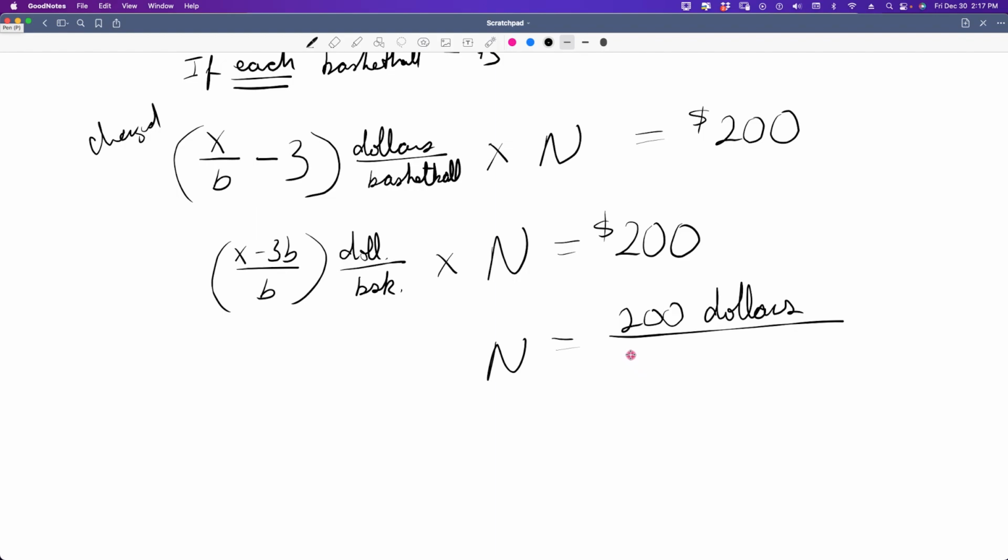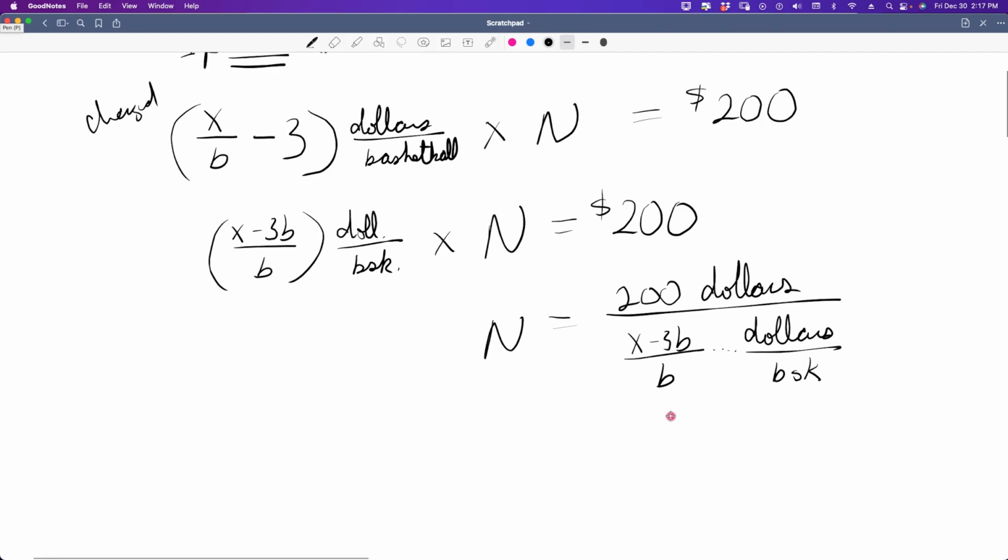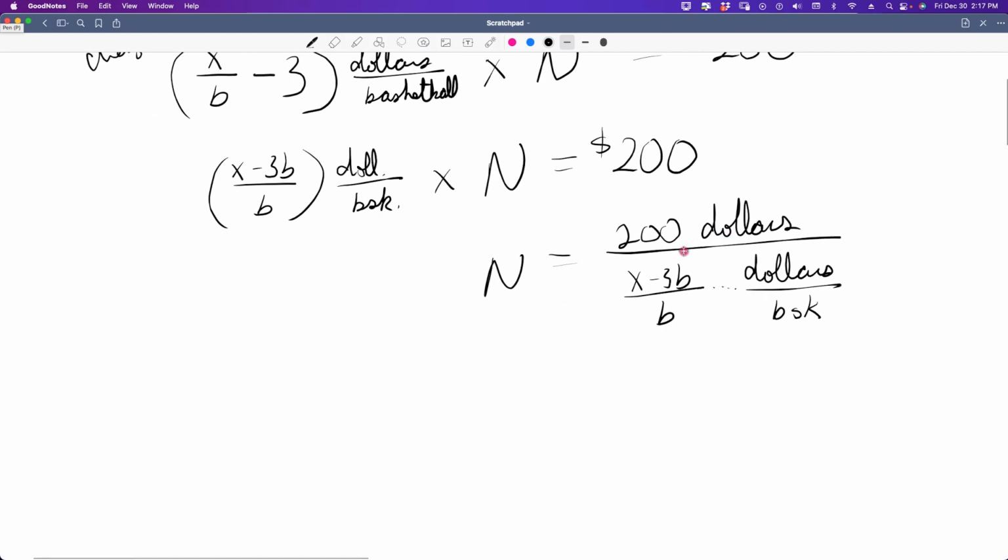So this is going to be x minus 3b over b, and that is dollars per basketball. So now what I'm going to do is imagine there's a little line that connects these. I am going to keep it, change it, flip it. So that would become,